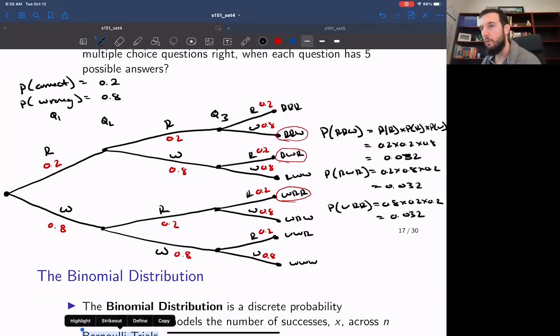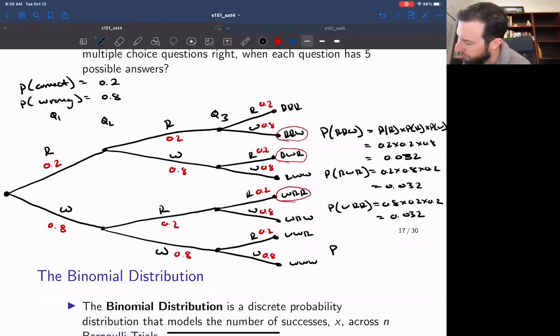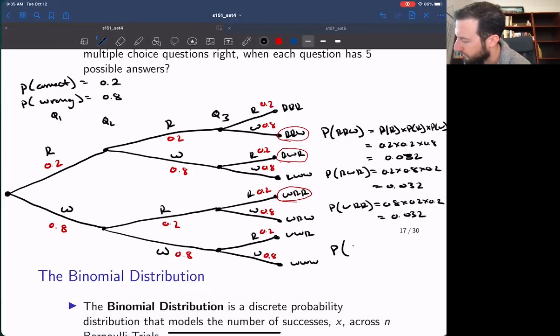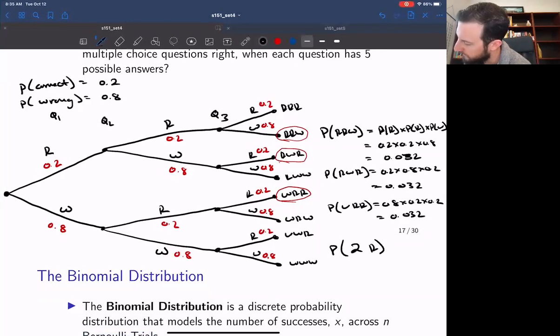One thing that we've observed here is that the outcome that we're interested in, regardless of the way that we get to it, has the exact same probability. So therefore, it's easy to show that the probability of getting 2 right is equal to 3 times 0.032,